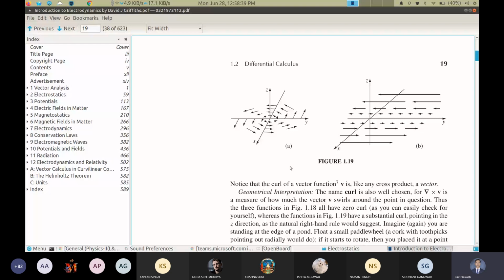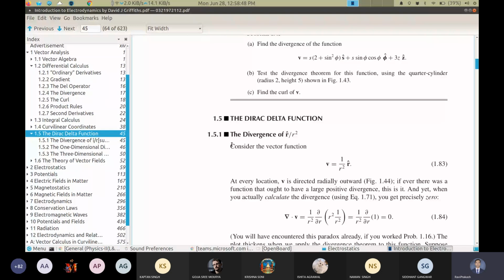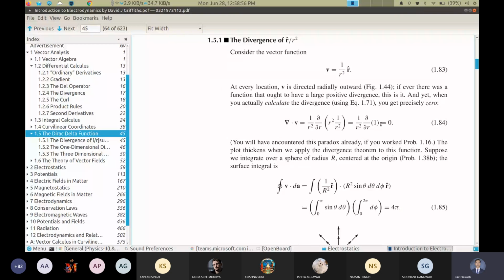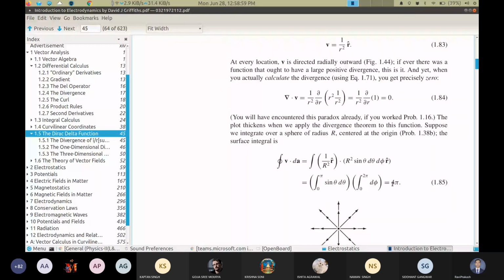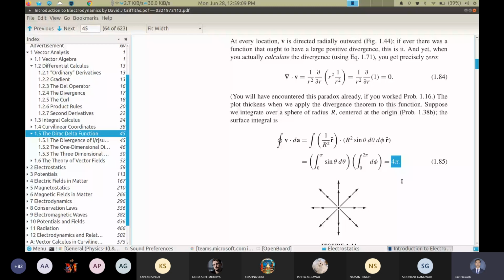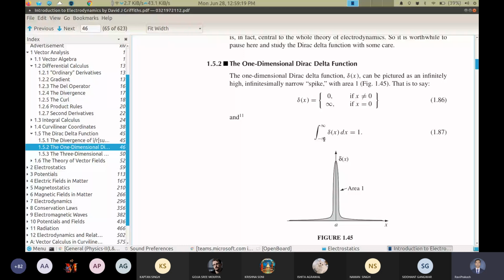So it is the same function I have asked you to solve. It is 0 except one point, and that one point is origin. At that origin, it gives 4 pi. So read about it. Why do we get 4 pi there? And let me know whatever doubt you have. Okay. So give it some time. This is the definition I have just described to you. Go through it.